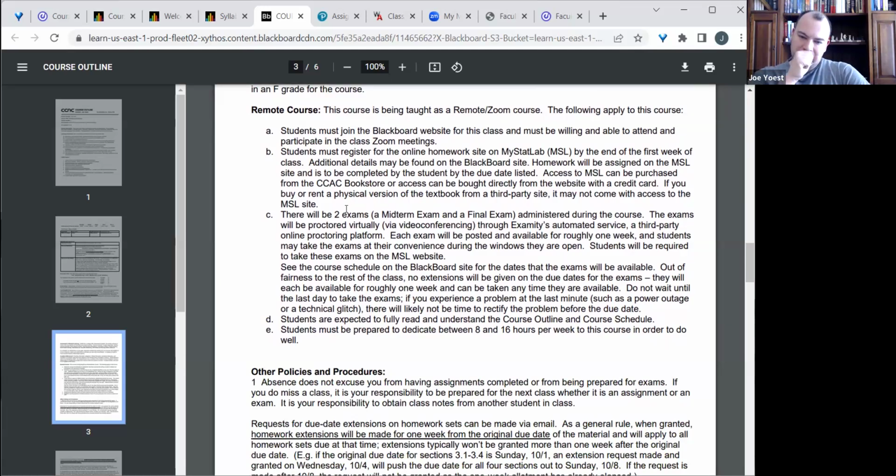Being a remote course, as I mentioned, there will be 2 exams. These will be proctored virtually through a service called Examity that we subscribe to. It's a third-party online proctoring platform. Now, you might have heard folks have trouble with Examity, some tech problems, things like that. Well,